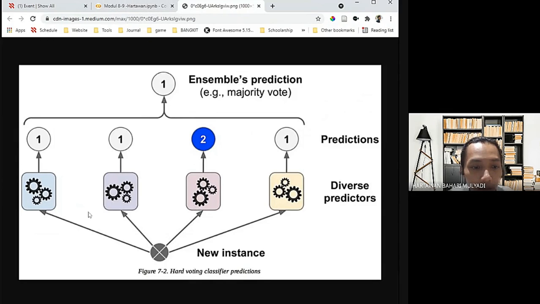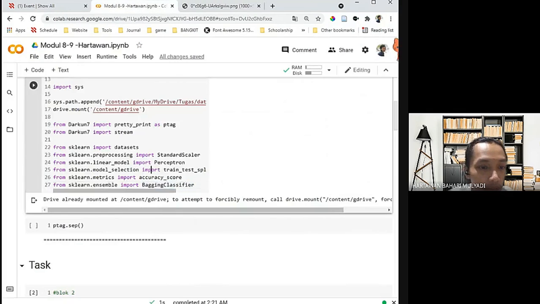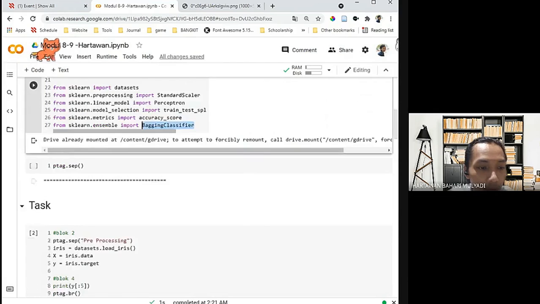We can train different models and see which one has a better result. Okay, we have the hard voting classifier prediction, that is an example method. But there are a lot of examples, so in our module, we use the Bagging classifier.